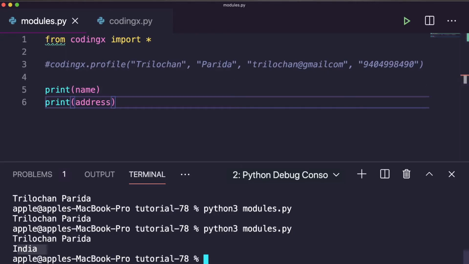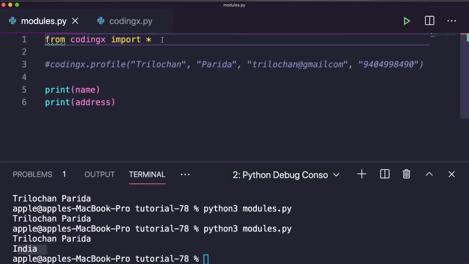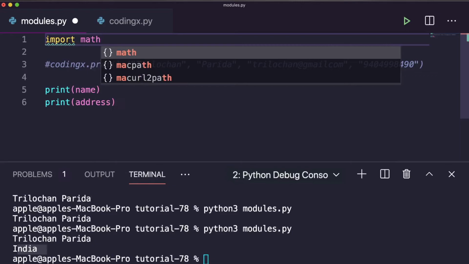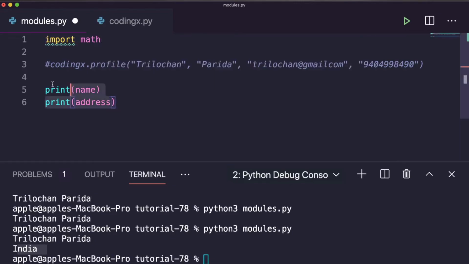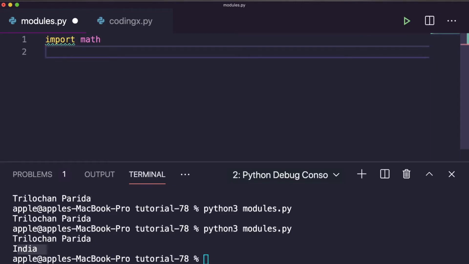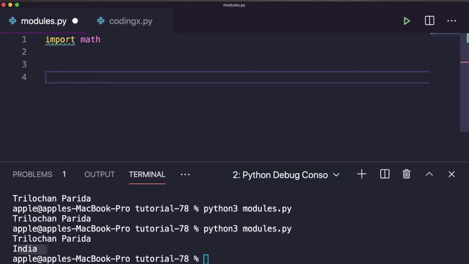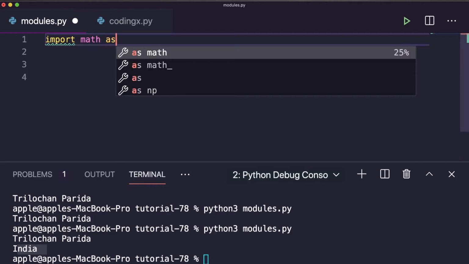So one more thing, let's execute for a built-in module. One built-in module is math, right? Import math. Let's see the result. So you can also rename it, suppose as m.